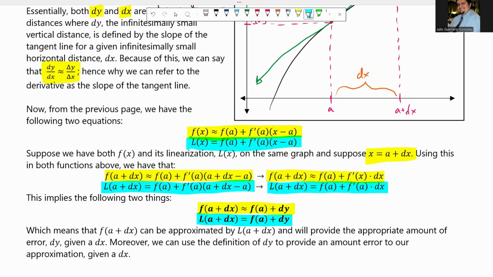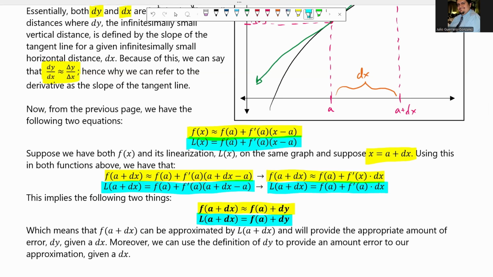What this essentially is saying, right, is we can approximate, if we have a value x equal a, and we move off of it just a little bit, a very small little tiny bit dx, it's the same thing as f of a plus or minus a small little distance dy, okay? Moreover, we can use this definition to provide an amount of error in our dy, given a specific dx,